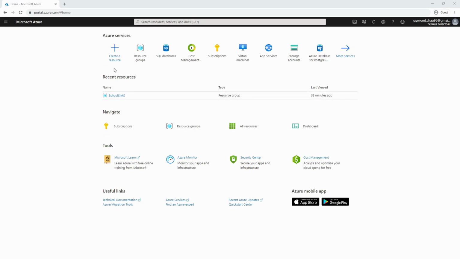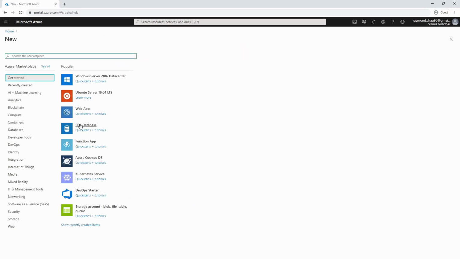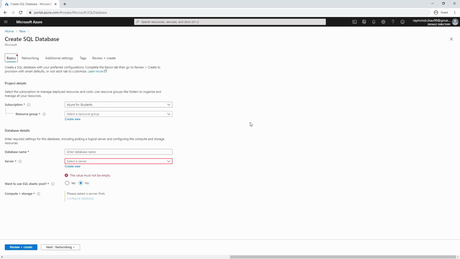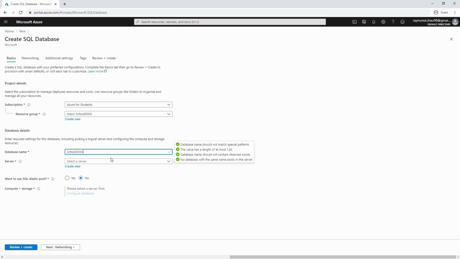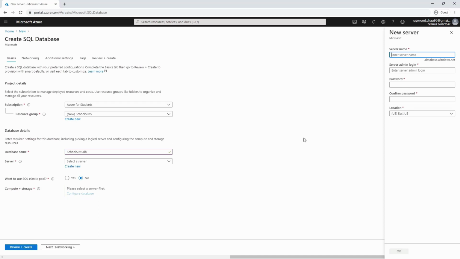Click on Create a Resource, find SQL Database, and you should be presented with this page. Make sure that the subscription is set to Azure for Students. Create a new resource group and give it a name. This name can be anything, but keep it relevant to the project. Give the database a name and click Create New. Give your server a name. This has to be all lowercase